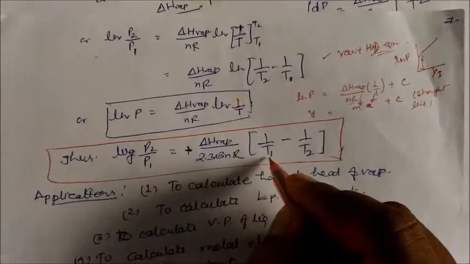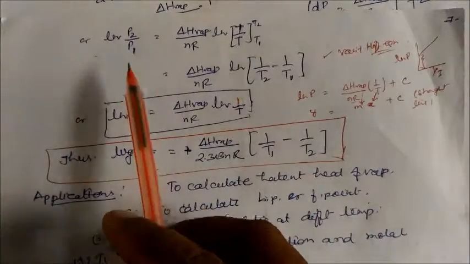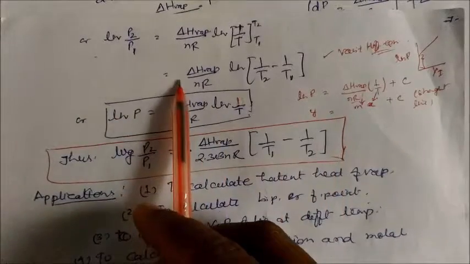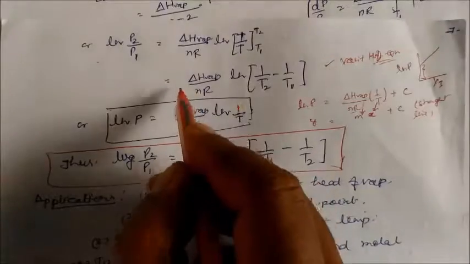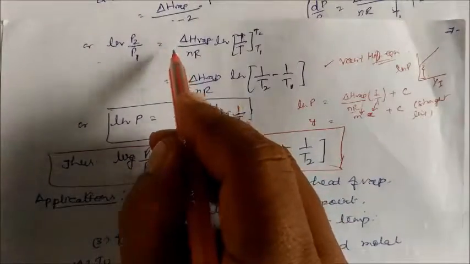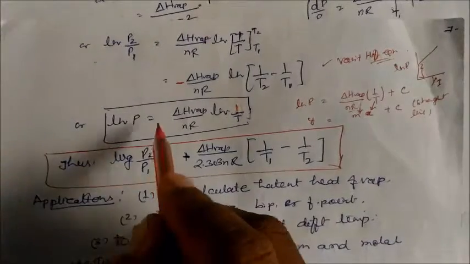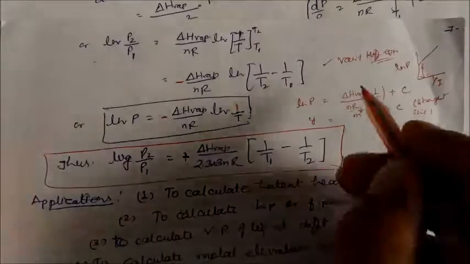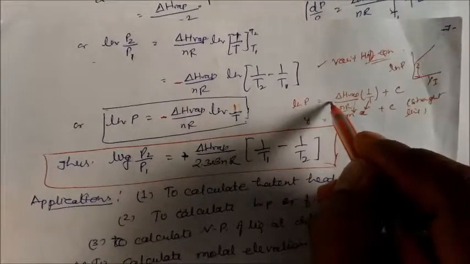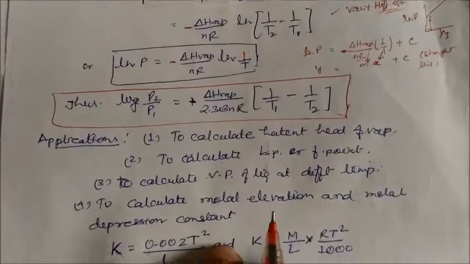It will be your, if this is P2 by P1, T2 minus T1, it is your... so here you make one correction. This will be your minus sign and this is your minus sign, because if you take 1 by T, the minus comes. So this will be your again minus. So just make a correction, something was wrong. Okay, so here also minus, the graph will be there. Just make a correction.